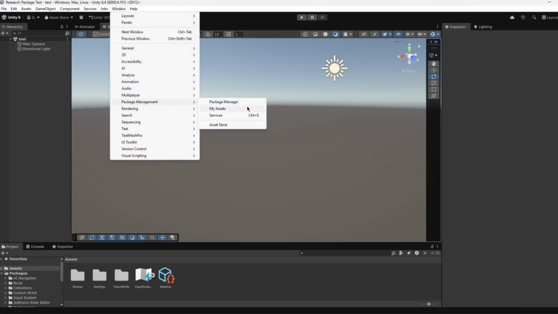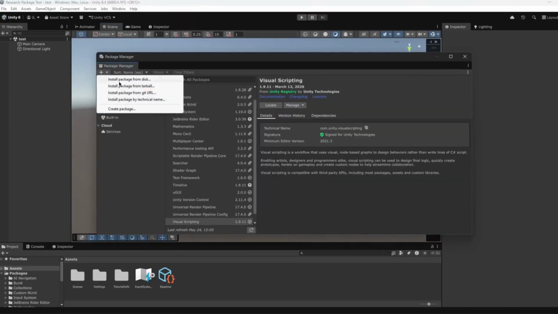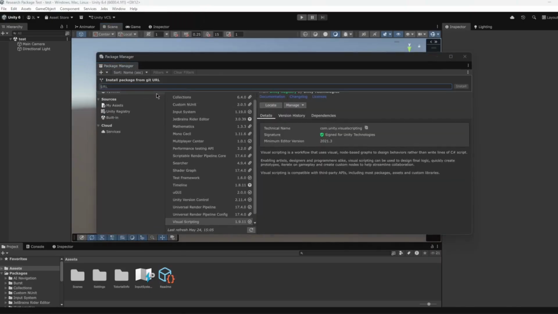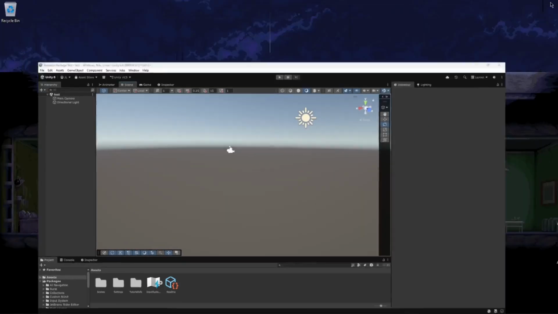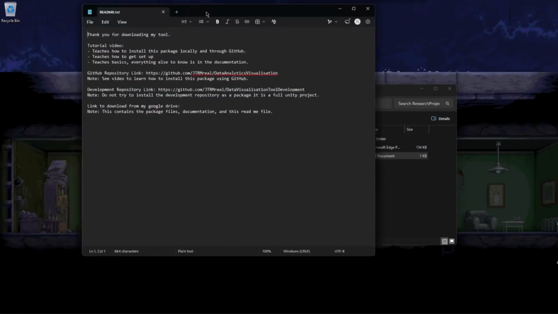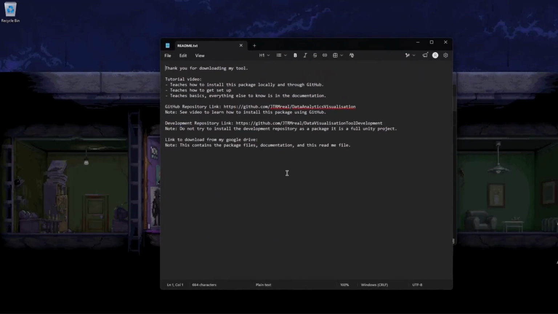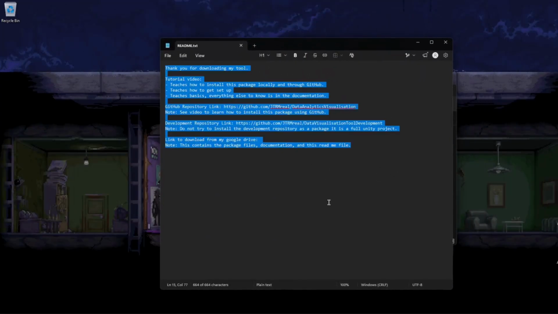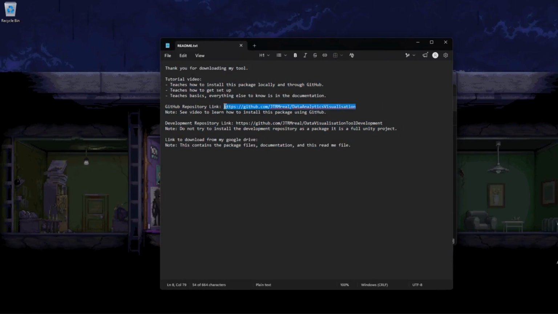Now, same as before, go into the Package Manager, click on install package from git URL, and it's going to bring up a little input field for the URL. Now, to get this, in my package, this should be what you're getting: the documentation, a README, and the tool itself. In the README, on my second screen, one second. In the README, there's a few things here, this probably isn't final, but the GitHub repository link right here,